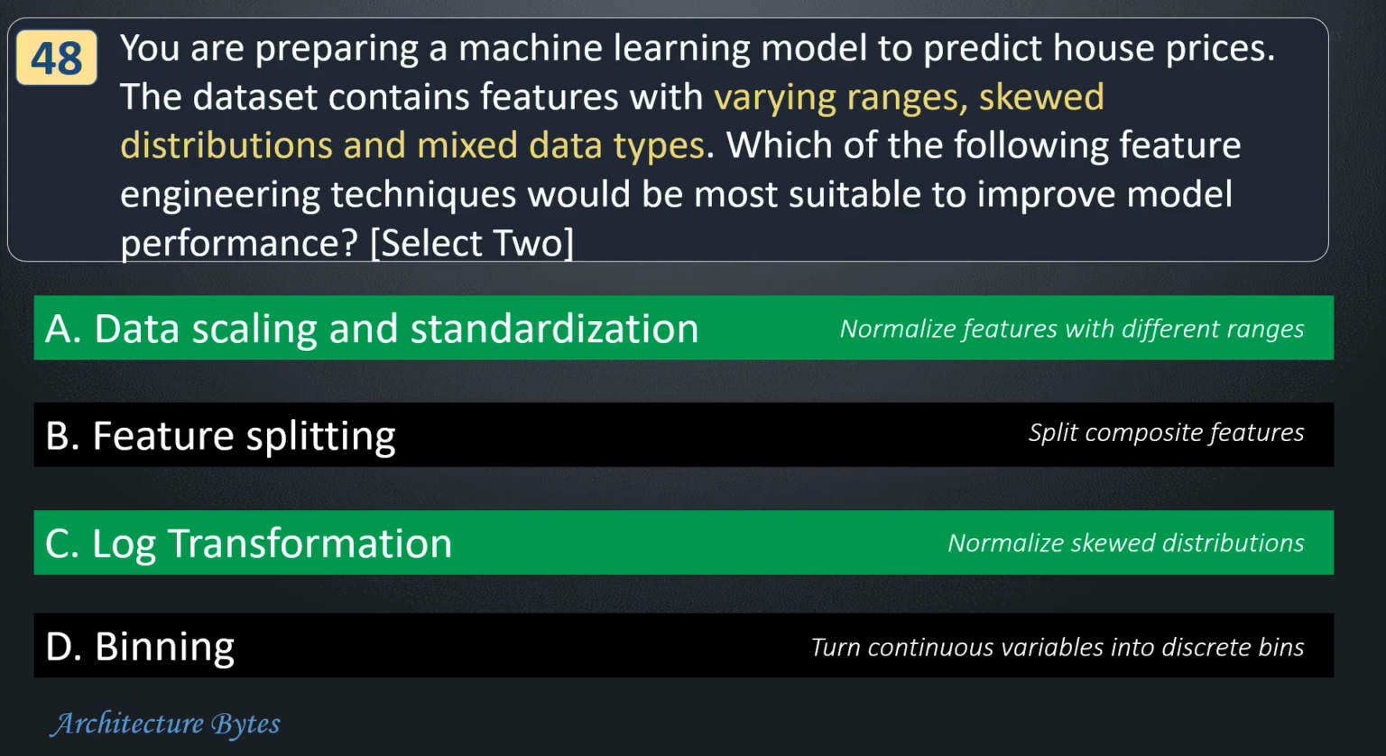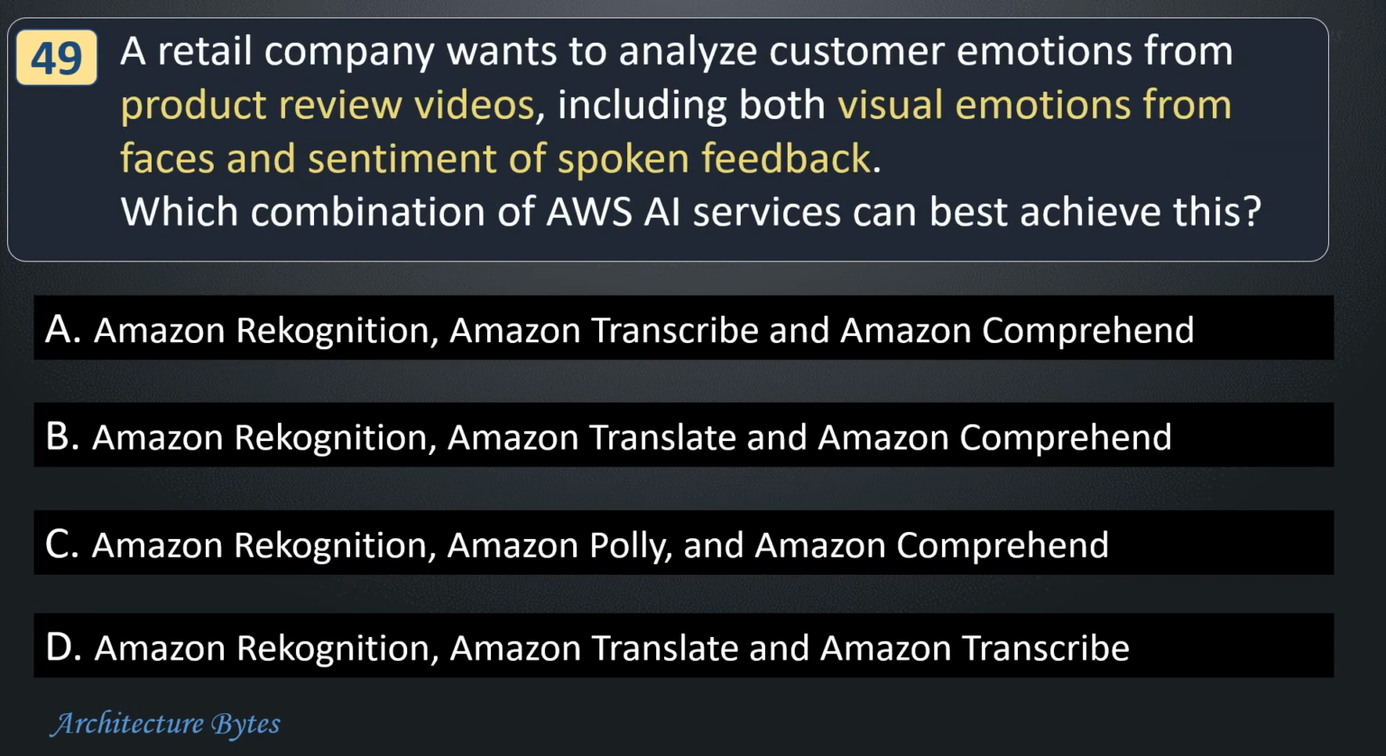Feature splitting, while helpful for splitting composite features, may not directly address varying scales of distribution. And binning is primarily used for turning continuous variables into discrete bins, but it doesn't solve issues with scaling or skewed distributions. A retail company wants to analyze customer emotions from product review videos, including both visual emotions from faces